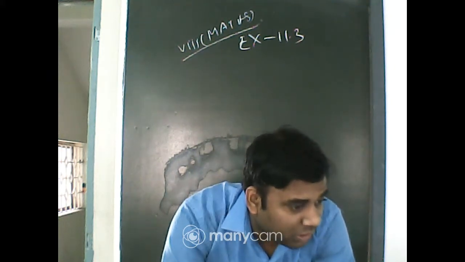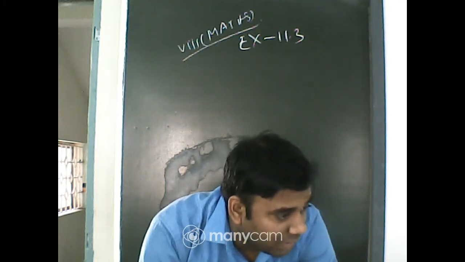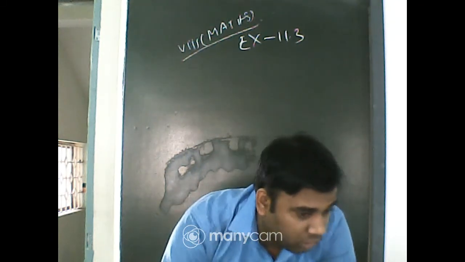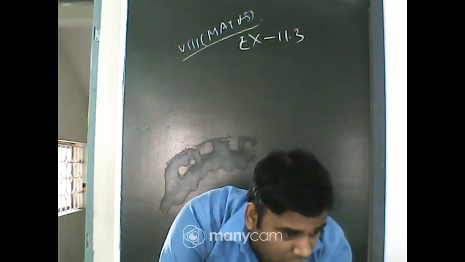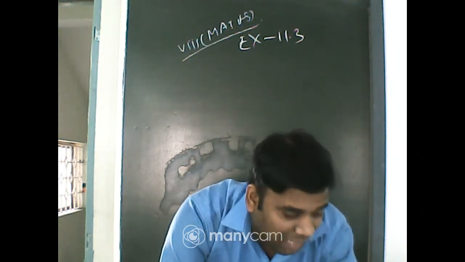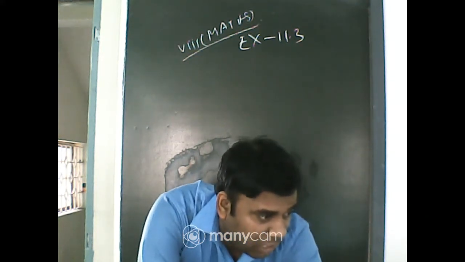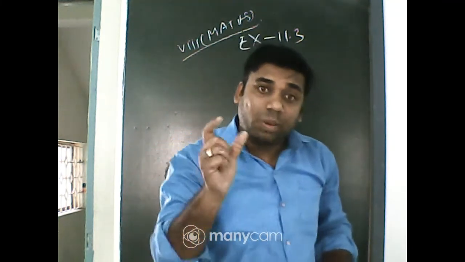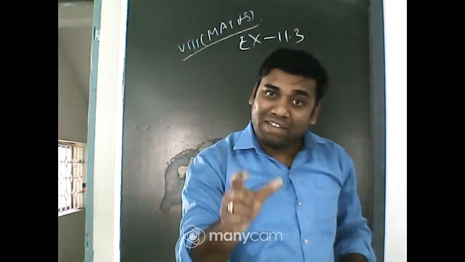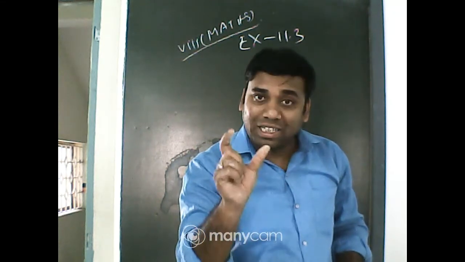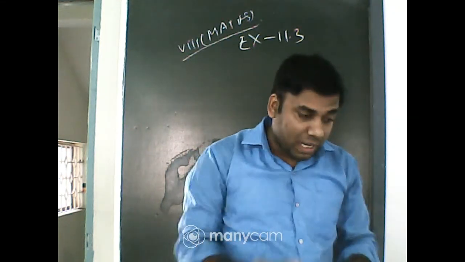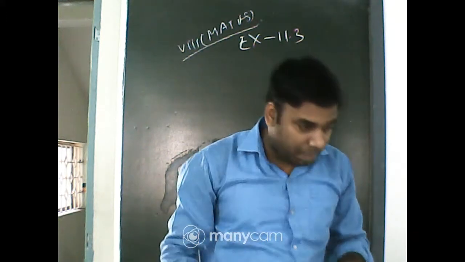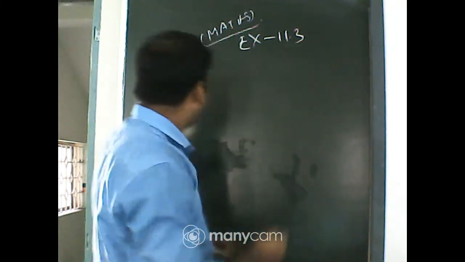Which box requires the lesser amount of material to make? Yes, one is a cuboid, another is a cube, but it is written cuboidal. So from the dimensions, you will identify that the first one, figure A, is a cuboid and figure B is a cube, because in figure B the length and the height are both the same. So, solution, question number one.